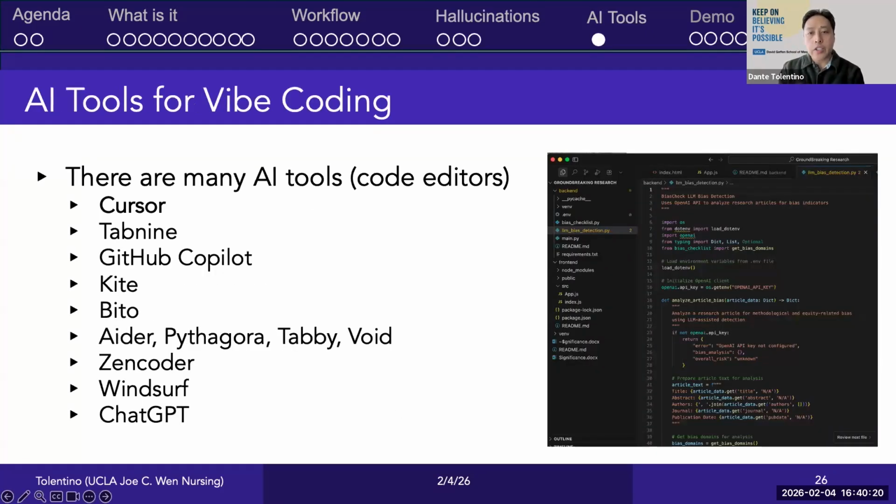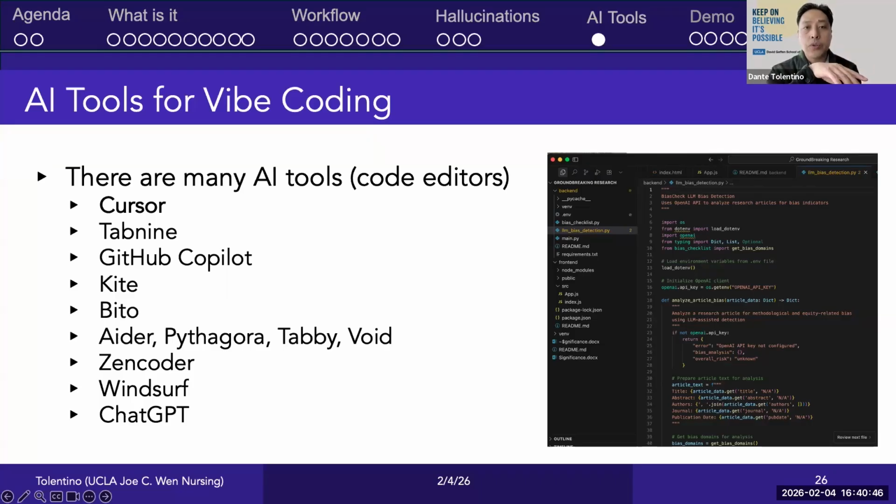And so there are actually tons of AI code editors out there that you can use for vibe coding. Most of them are free up to a certain number of analyses, and then you start paying a monthly subscription if you need to do more. So tools like Cursor, Kite, Windsurf, Tab9, Zencoder are all used for vibe coding.